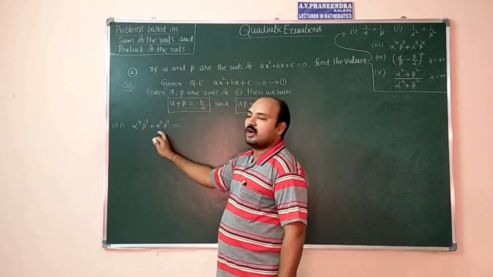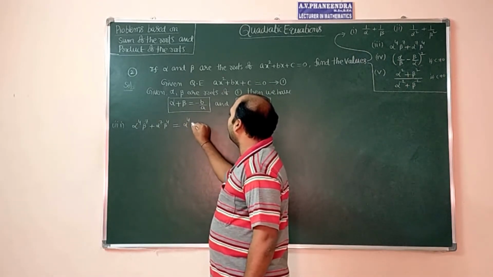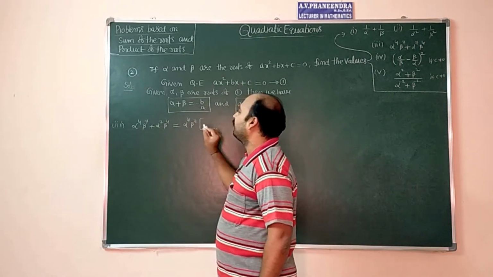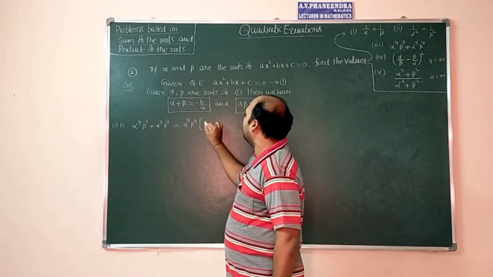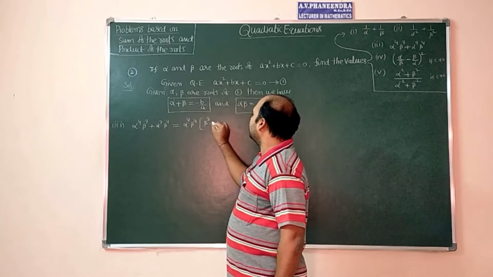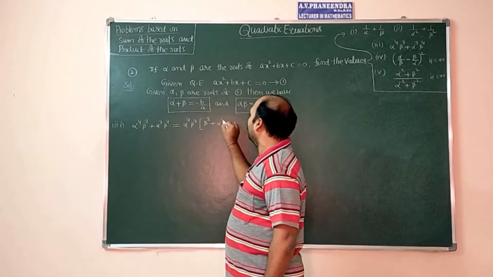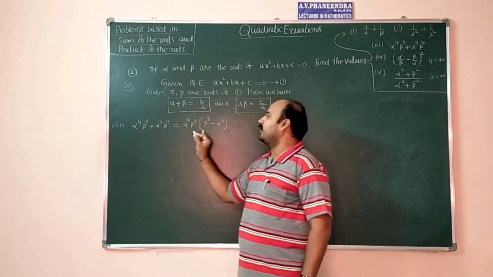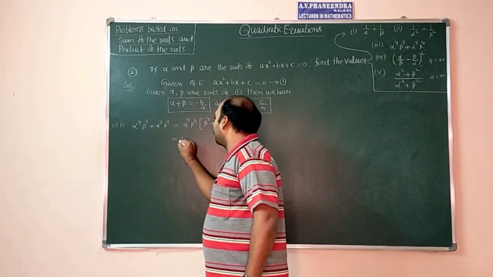So here also alpha power 4, beta power 4. If you take alpha power 4 beta power 4 common, here, beta power 4, if you take common, the rest of the term is beta cube. Plus here also alpha power 4, if you reduce, the remaining is alpha cube. The rest of the term beta power 4 we have already taken common. This we can write as alpha beta whole power 4.